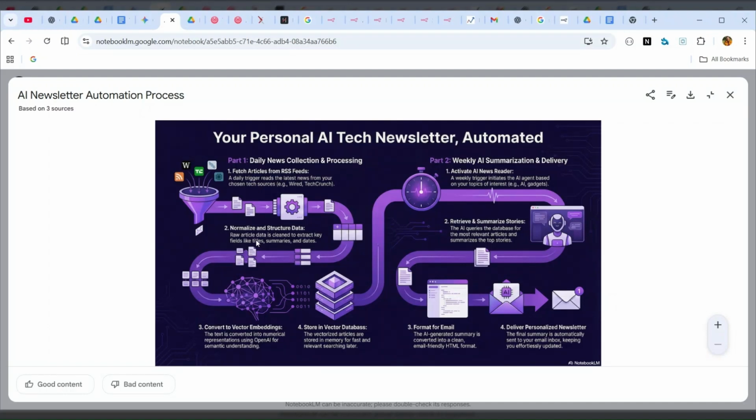So I would like to demonstrate this automation that I have recently built. It's about a personalized AI tech newsletter. What it does is basically look for articles via RSS feed and then trigger those automations on a daily basis, and then pass on all the data by structuring and normalizing it into a vector embedding format, and that embedding format gets saved into a vector database, from where later on the next phase of automation, which